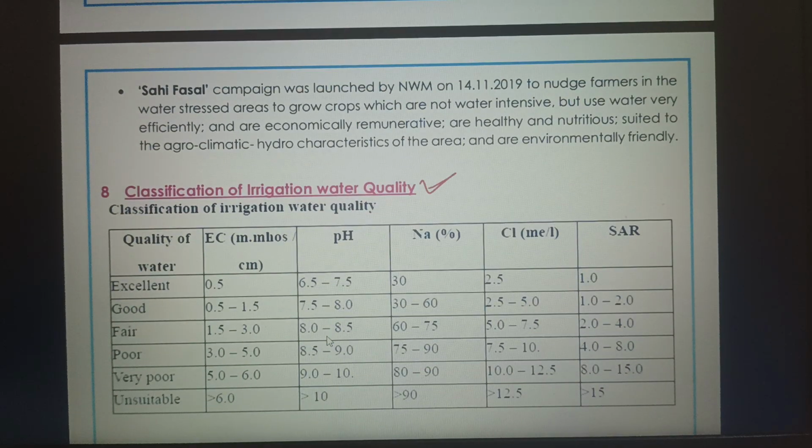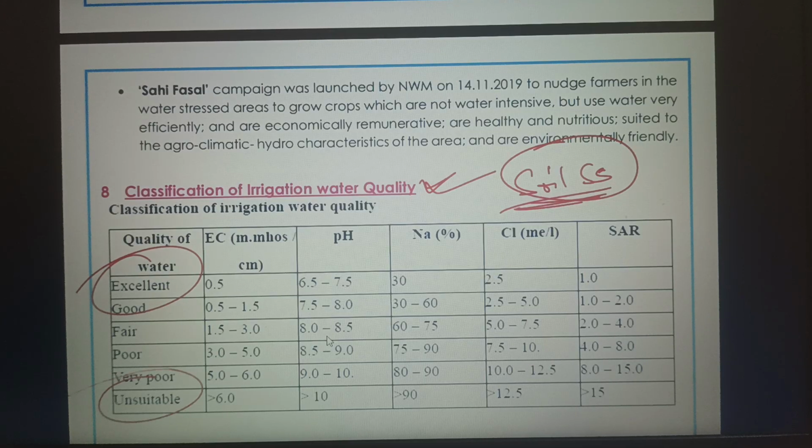Classification of irrigation water quality, I think I have explained this in your soil science chapter as well. How we classify irrigation water, which irrigation water quality is good, I have also dealt with that in the soil science classes if you remember. I think you have forgotten how I taught you that you have to remember the lowest figure and the highest figure, and the range comes between these two. They will ask the question either from the top range or the bottom range, from here they will ask the question.